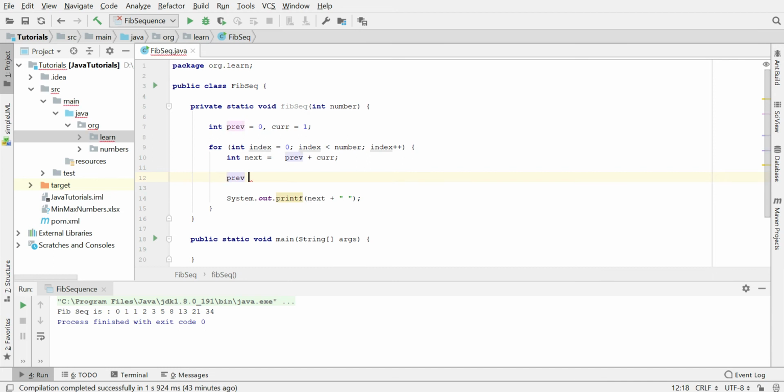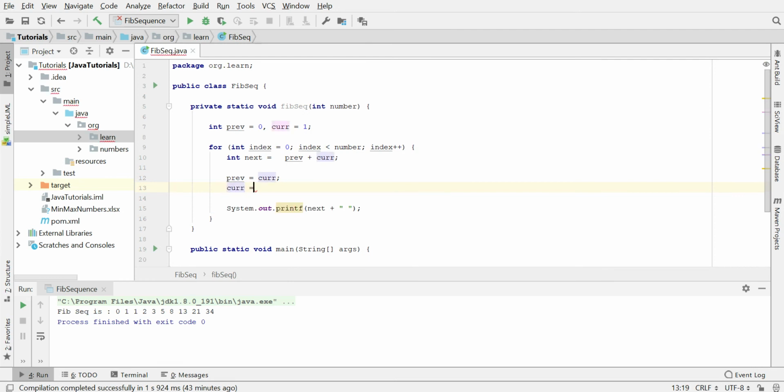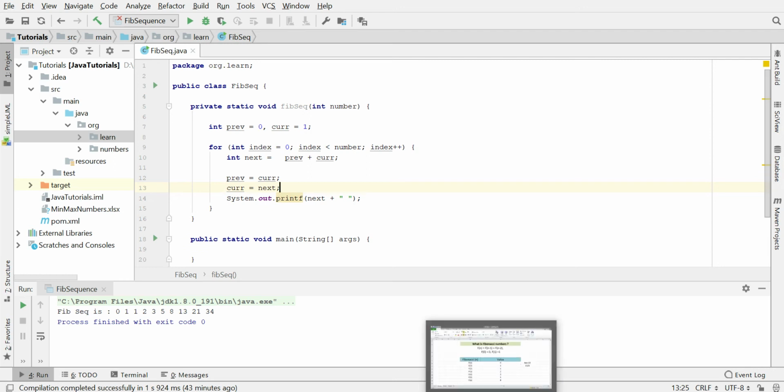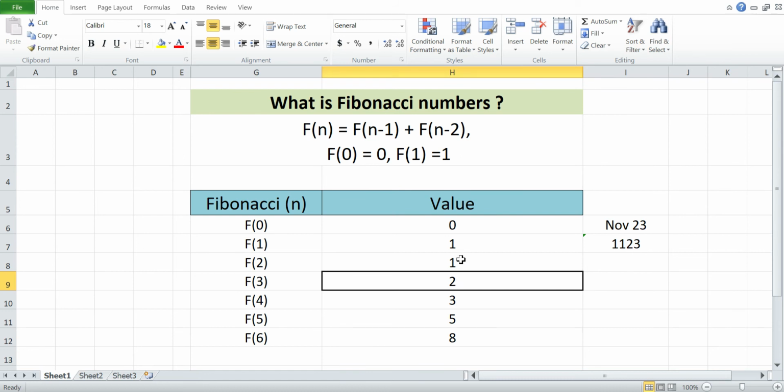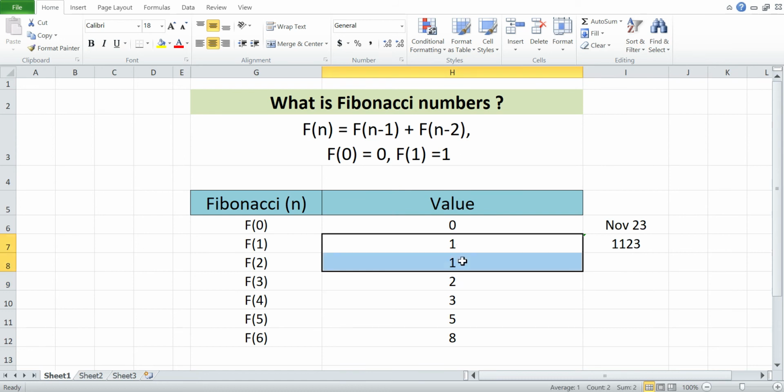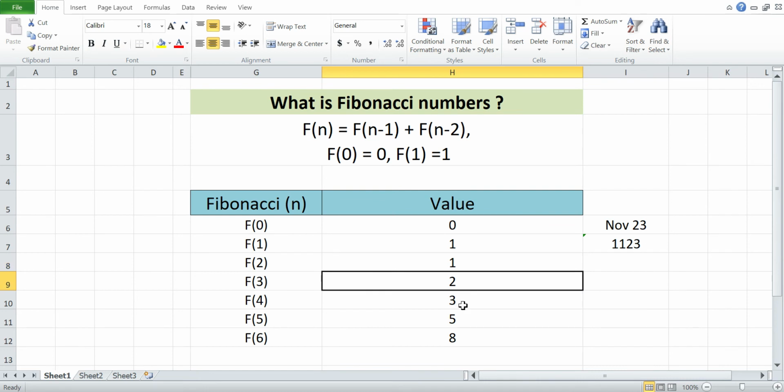So previous, we make it as current, so that we move one number ahead, and the current would be the number which we generated recently, next number. So what we are doing here, let's go to the Excel and we'll understand. Okay, so we generated 2 as the sum of these two numbers, f1 and f2. We generated 2, right? To generate 3, this will become previous and this will become current, and we'll be able to generate 3,